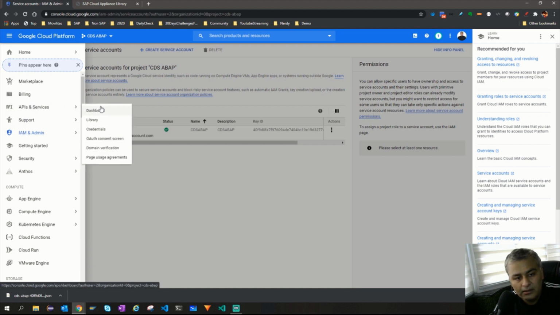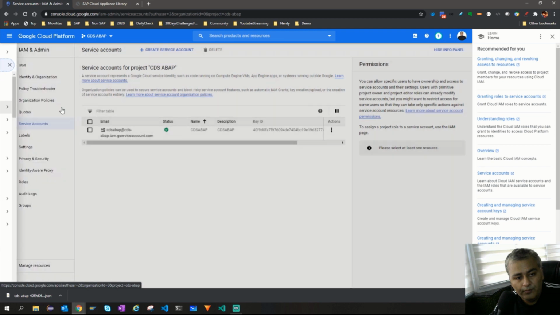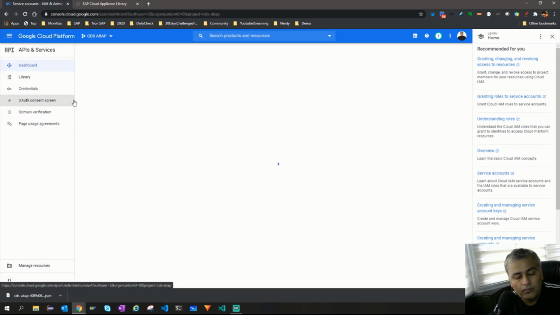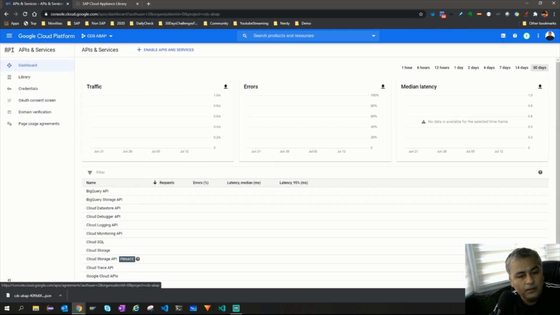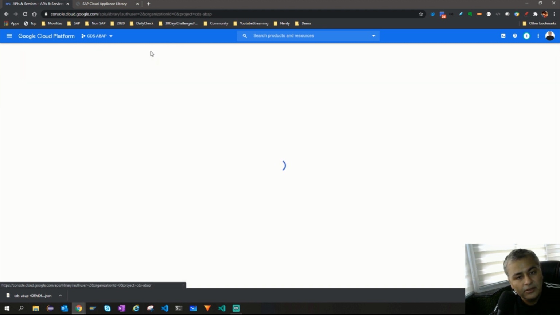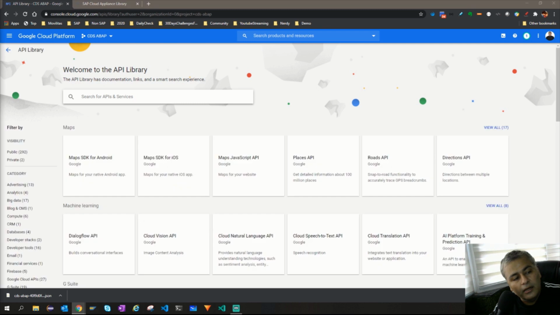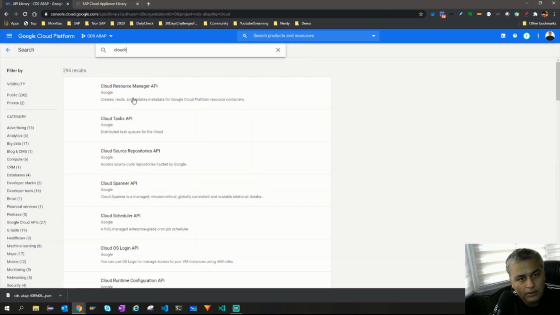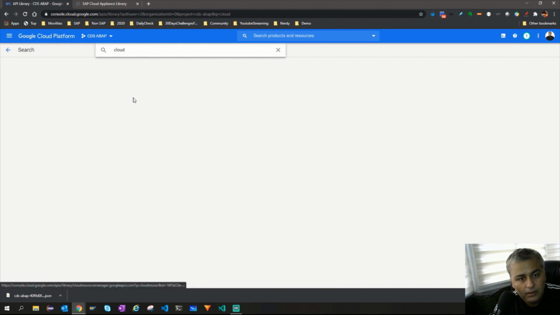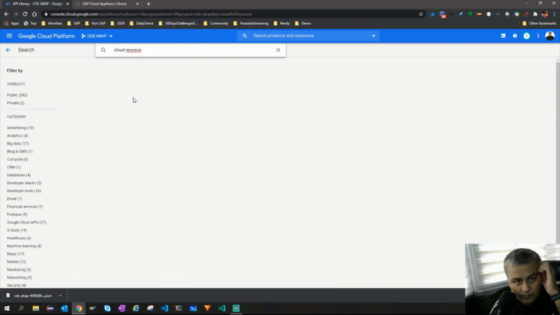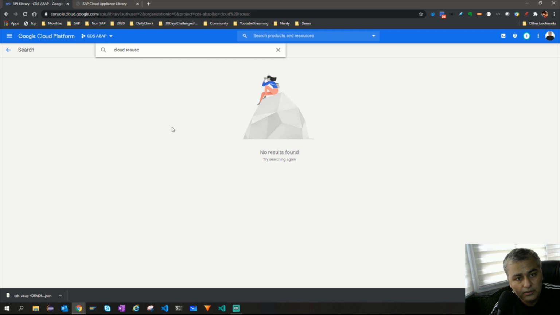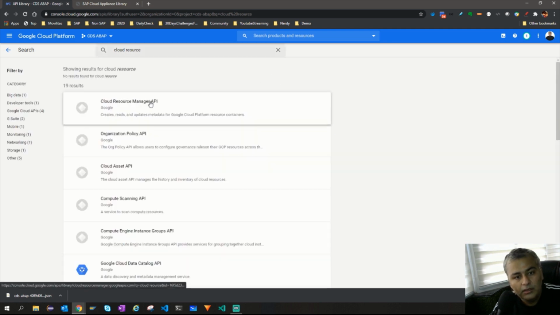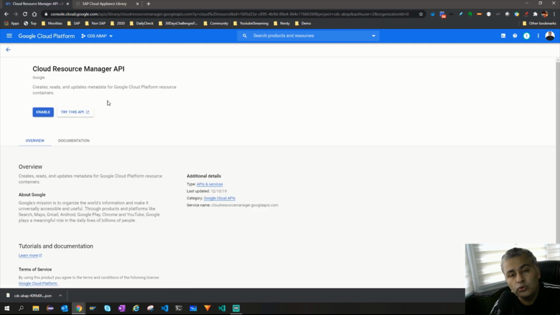So we go to APIs dashboard, and you first click on enable APIs and services, and we need to enable Cloud Resource Manager, because it will be creating those resources, virtual machines.